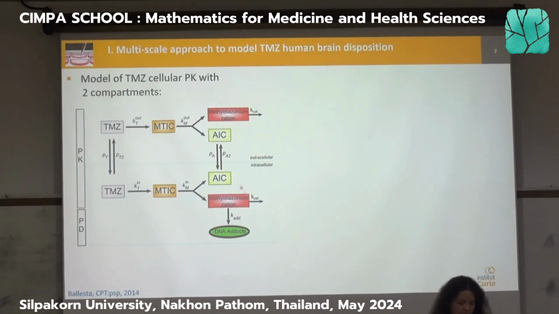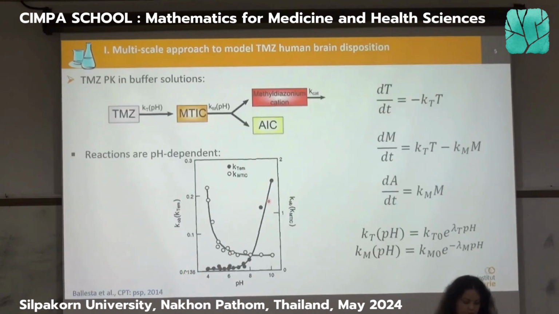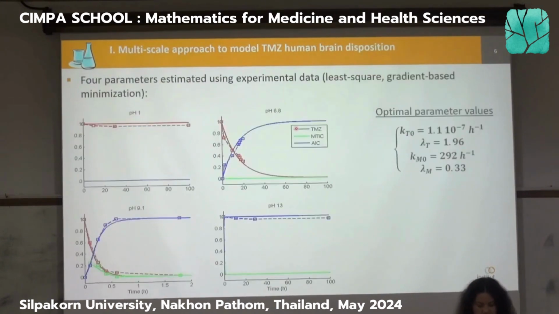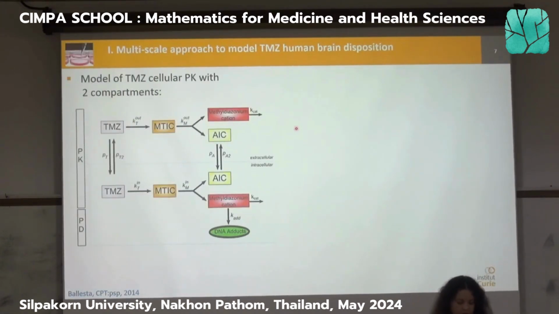If you look carefully at the model, this part here and this part here is exactly the same as the one that we designed for the buffer solution. And what is interesting is that this part is designed and also estimated, okay? All the 4 parameters, we already have the values, and we know we can trust them because we have used experimental data, and there was enough data to make the estimate of the parameters. So when you start your cell study at this point, you start with a submodel here that is fully estimated, and a submodel here that is fully estimated.